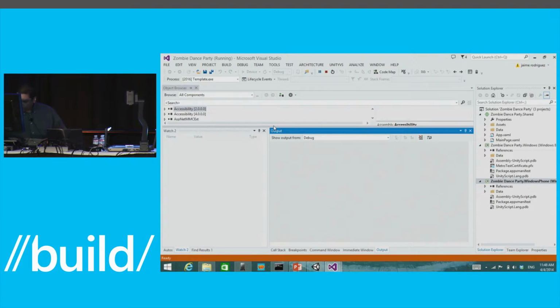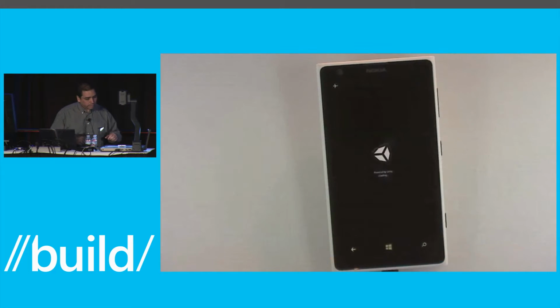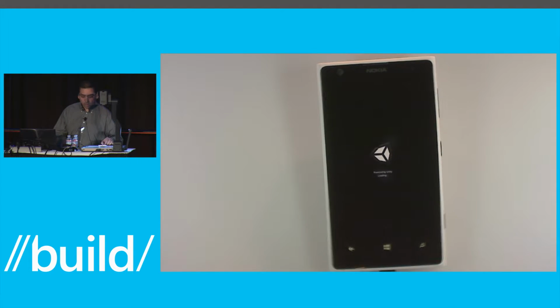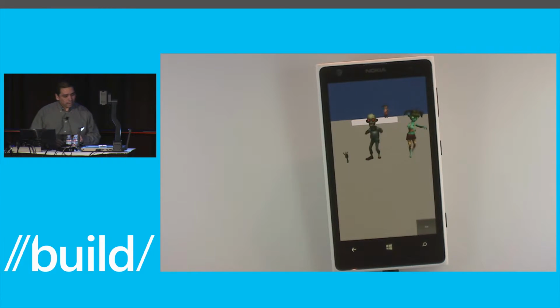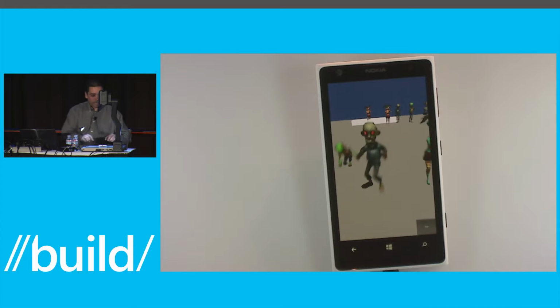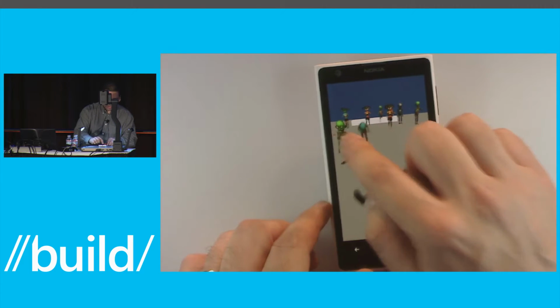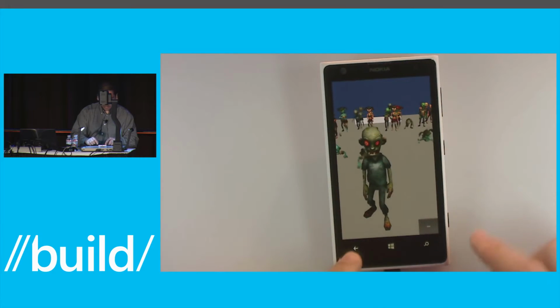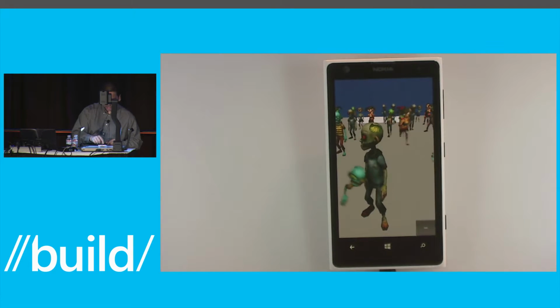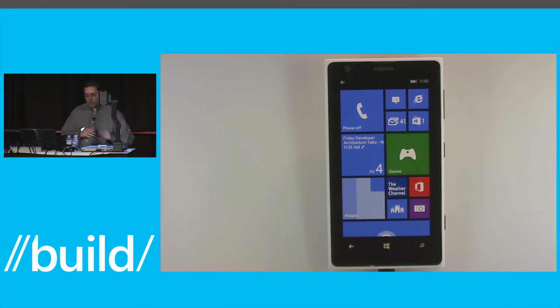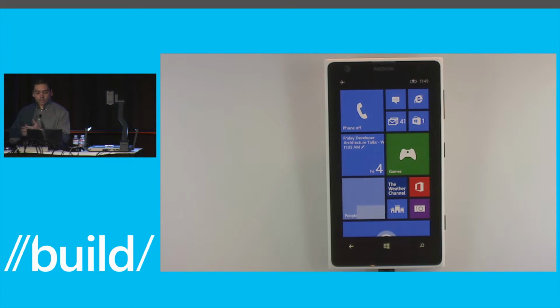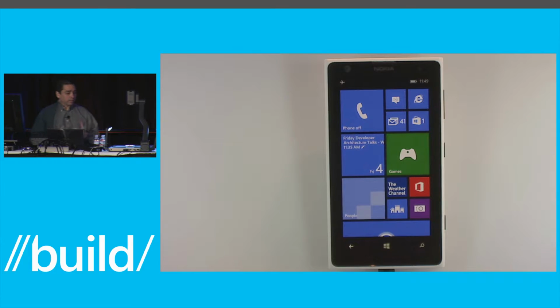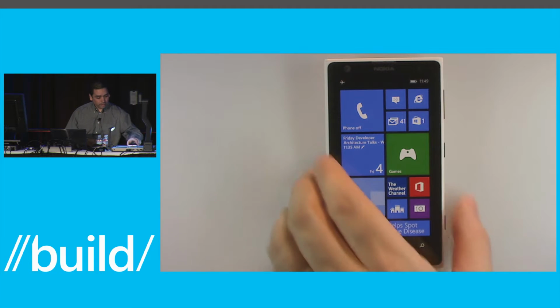Let me switch to the Elmo actually while we're doing this, making sure it's in focus. And right there, you see the exact same game. Here I can use touch. Earlier on my PC, I was using mouse, so I can do the exact same game. Just use touch to actually kill the zombies. So you see right there, the exact same game generated out of Unity to Universal Solution, and that way you build once and you target both platforms from within Unity.